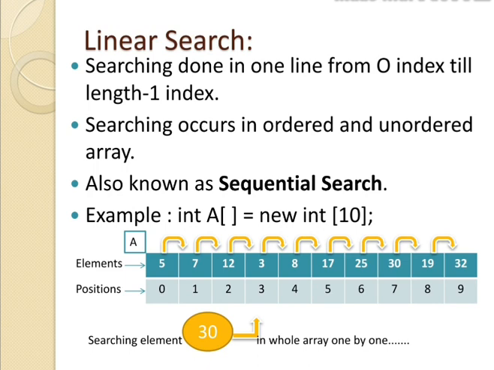The searching starts from 5, then moves towards 7, then 12, then 3, then 8, then 17. We have to match all these elements one by one. And then whenever we get 30, we have to keep a record that during searching time we got 30. We have to keep one record with us. And then we move further to complete that loop till the end. And see, now we are going to create the logic for that.